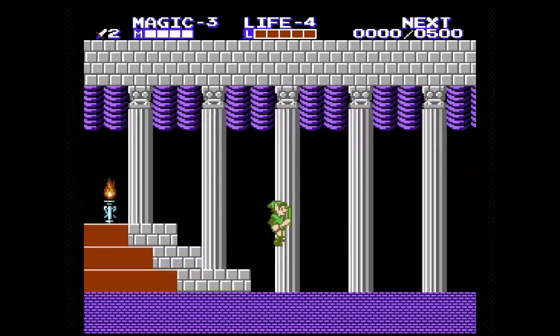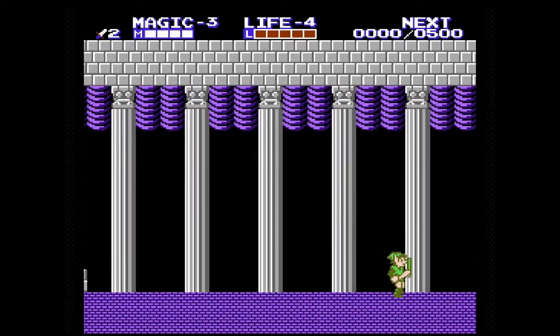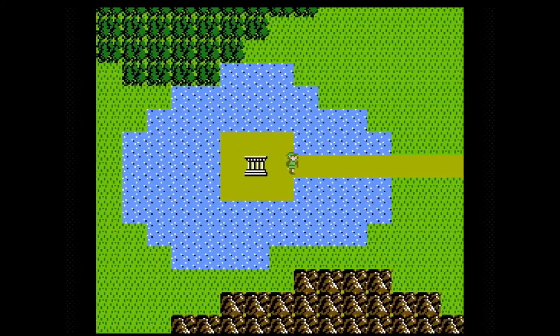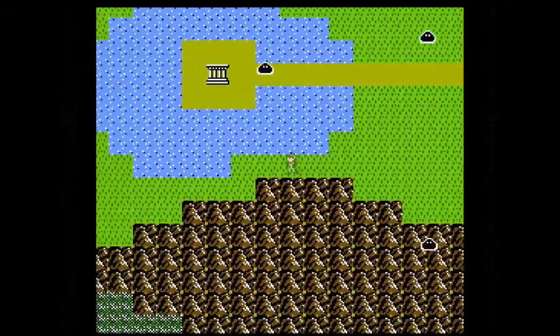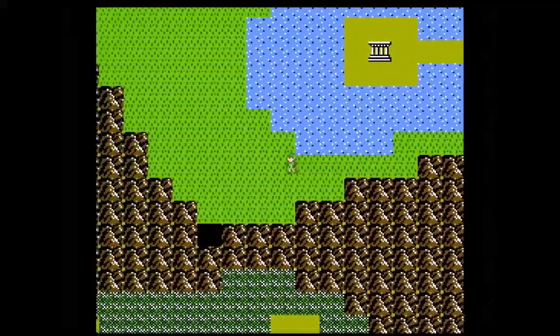Last time we went to the private palace and placed the first crystal in the first statue. Today we're going to do a little bit of exploring around. We got ourselves a lantern to light up a few caves. And here, speaking of caves,